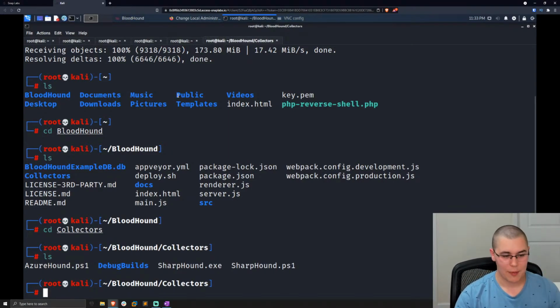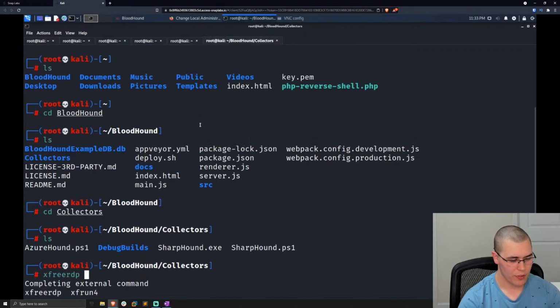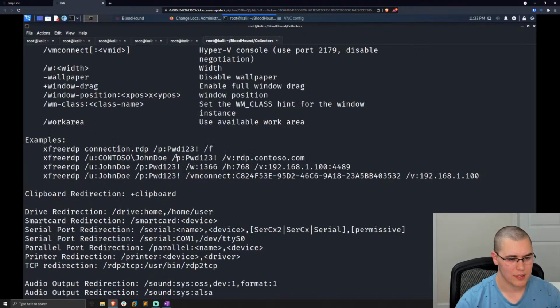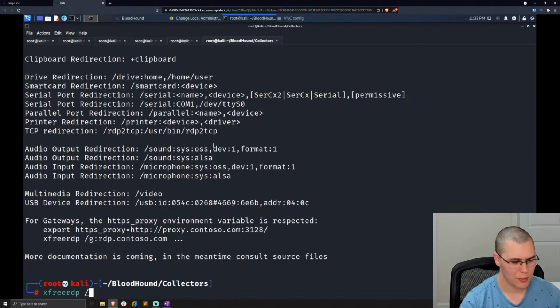The reason I'm going to try RDP is because by default, administrators are in the RDP group. So if you have valid admin creds, you should be able to RDP. So let's see, we're going to use xfreerdp. What is the syntax for this? I think it's /v, yeah, it's /v. I don't know what v stands for here, but anyways, it's 10.10.1, and I think,